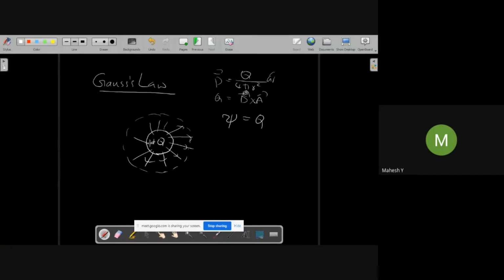But what if you keep a charge other than a sphere? If you keep an irregular shaped object, how will the flux lines be? Flux lines will always be outward from the surface. So it will be like this, here like this, here like this, here like this. They won't cross or touch each other, but they will bend and move outwards.